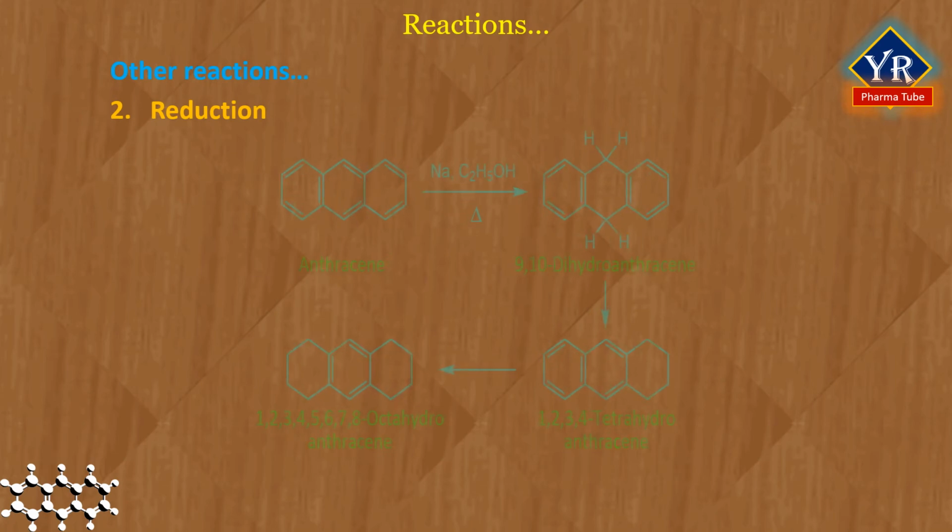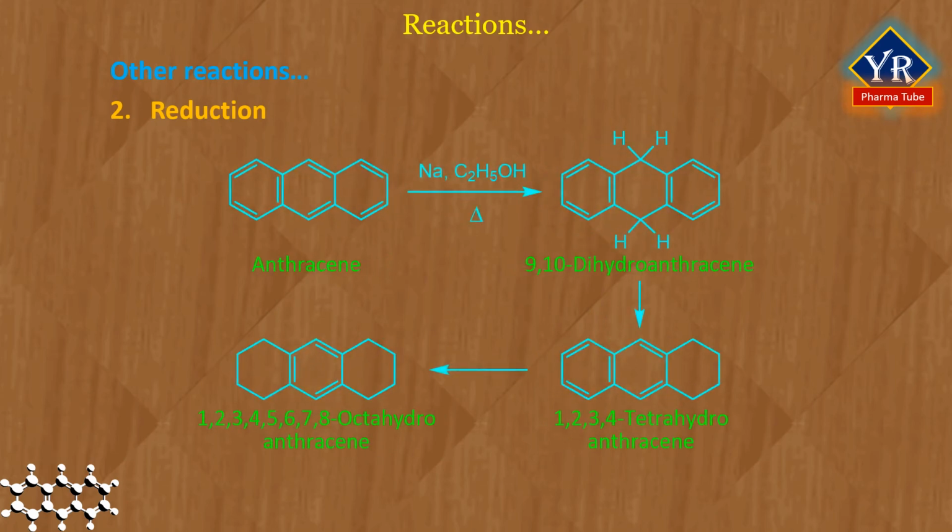Reduction. Reduction of anthracene with alkali metals yields the deeply colored radical anion salts. Hydrogenation gives 9,10-dihydroanthracene, preserving the aromaticity of the two flanking rings. Attack at the 9 and 10 positions leaves two benzene rings intact. Thus, there is a sacrifice of only 12 kilocalories of resonance energy for anthracene.